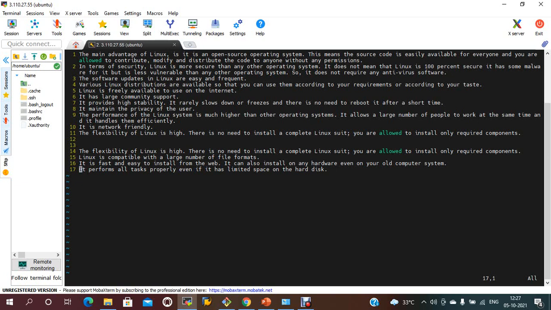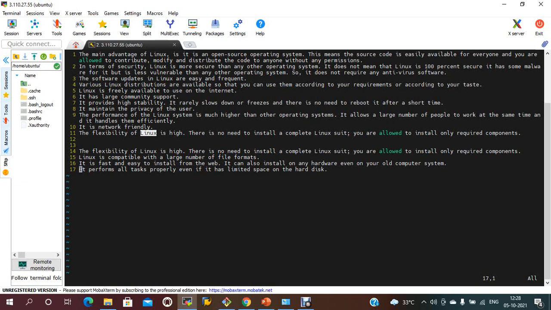Okay, suppose I need to find a word and replace it. Suppose there is the word Linux in many places, and I need to replace it with Unix.